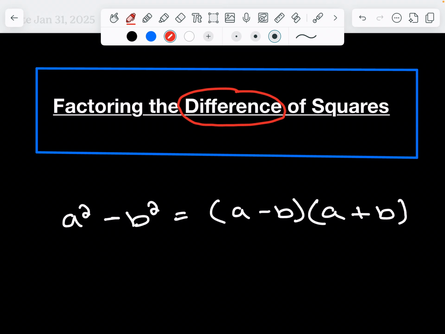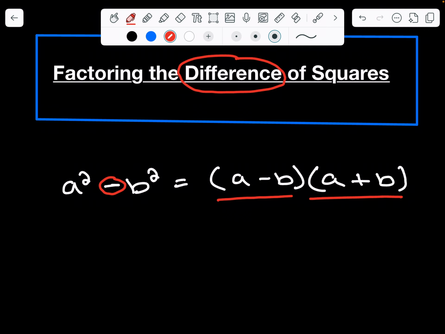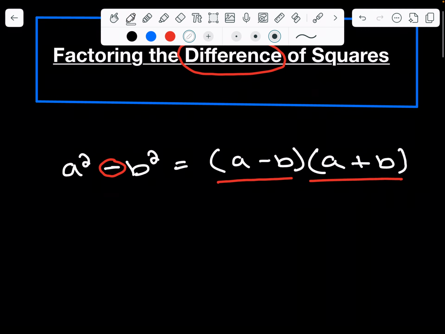So for example, using our formula, a squared minus, that's the difference, b squared is equal to our two binomials, a minus b times a plus b. So let's look at a couple of examples. For example, if we're asked to factor